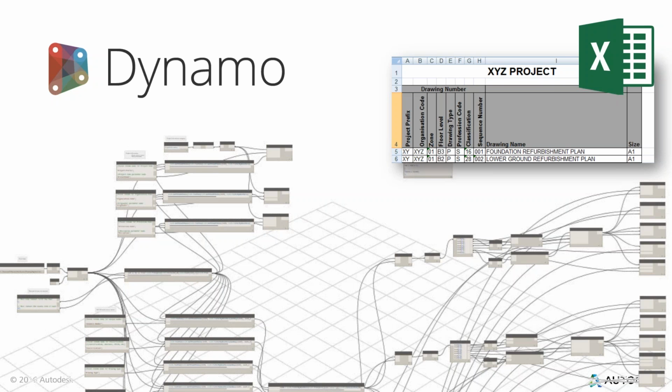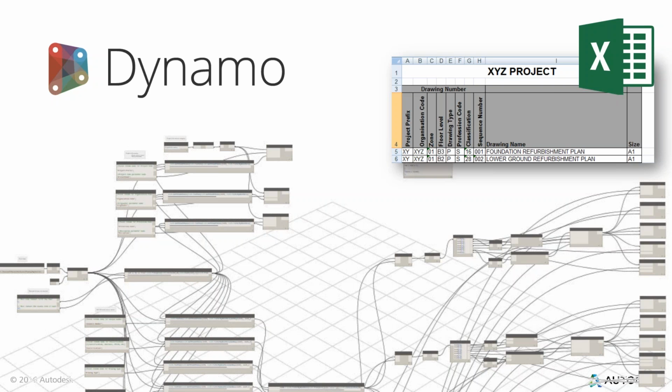People on the call may have heard of Dynamo. Dynamo is a visual programming tool which allows you to essentially access the APIs of Revit in a more easy to use, user-friendly way. We've got lots of examples where people are using Dynamo to look at certain parts of this BIM UK mandate,